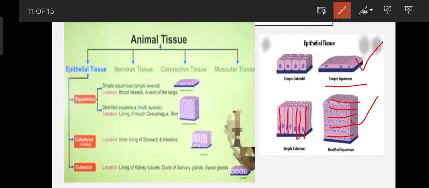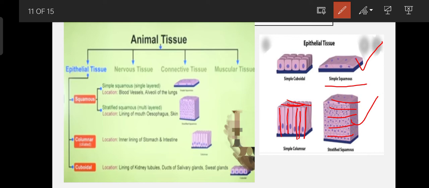In the respiratory tract, the columnar epithelium tissue has cilia. Cilia are hair-like projections which are present on the outer surfaces of epithelium cells. Here they are present, cilia. When cilia move, their movement pushes the mucus forward to clear it. So this type of tissue is also called ciliated columnar epithelium.